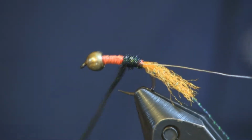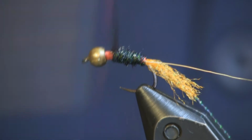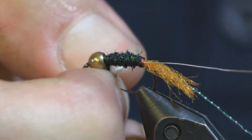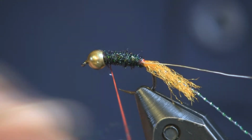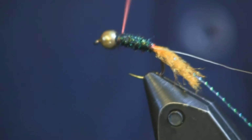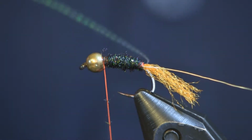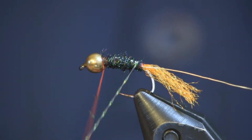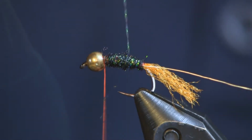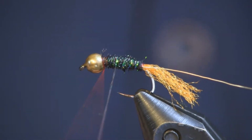Now you can switch colors and just do an orange collar if you want, but I don't waste my time switching colors. And then I'm going to go right up here behind, just a hair behind the bead, enough that I'm going to put a collar on there. And then we're going to start wrapping our ribbing up, and we're just going to start off with the crystal flash so we get it underneath, and we're just going to make nice even wraps. And with this size 12, I'll get about 4 or 5 wraps on there